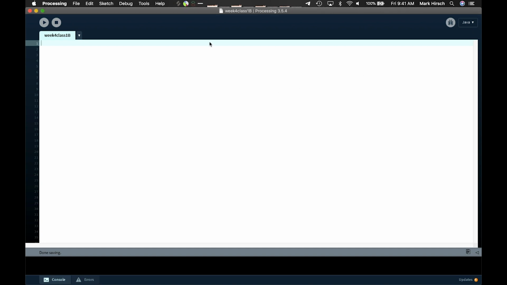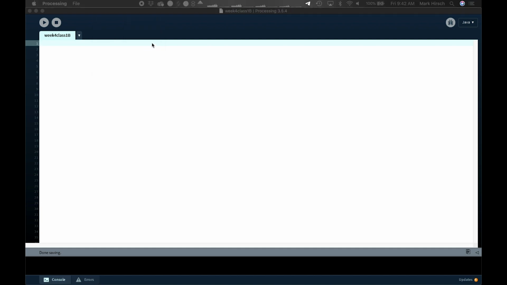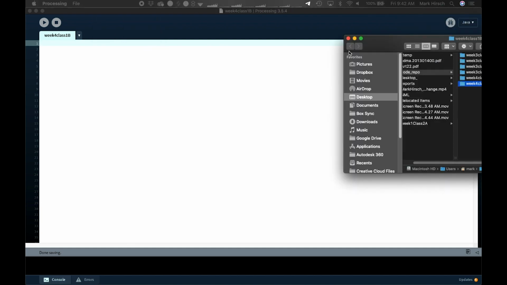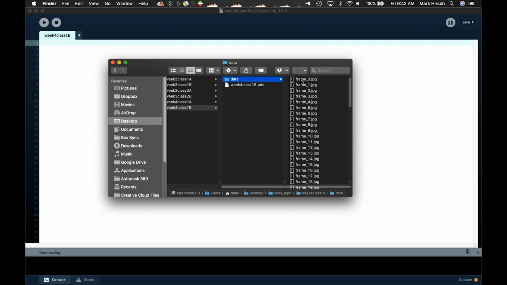All right, so here we go with a new sketch called Week4 Class1B. Now, if you go to Sketch and then Show Sketch Folder, or Command K, that brings you to the folder where your sketch lives. And you can see that in mine, I have a folder called Data, and inside of it, we have 75